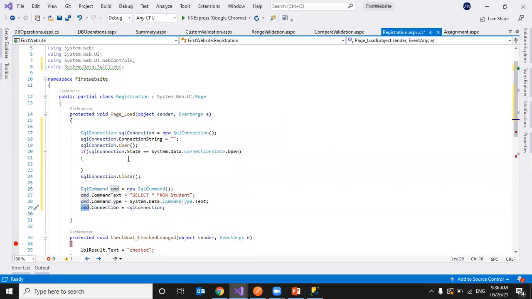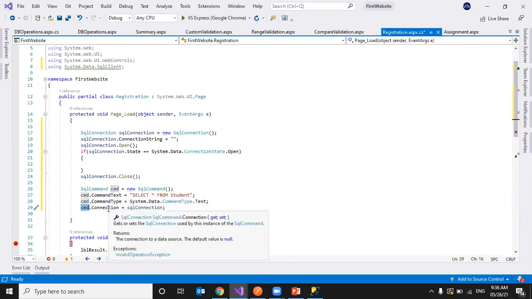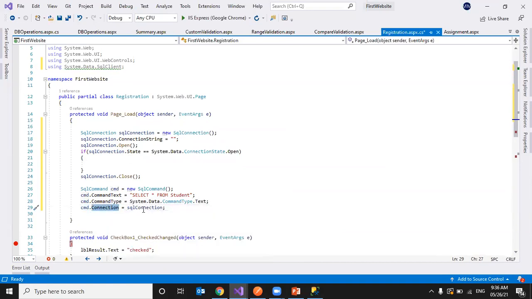Simply, we can also do it like this. As I have to specify the connection here, I can directly define it here, like a new connection.